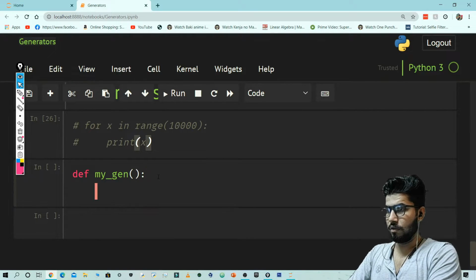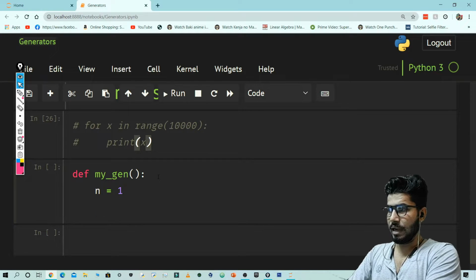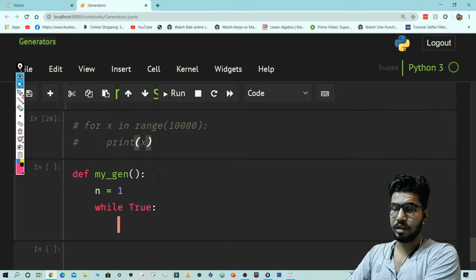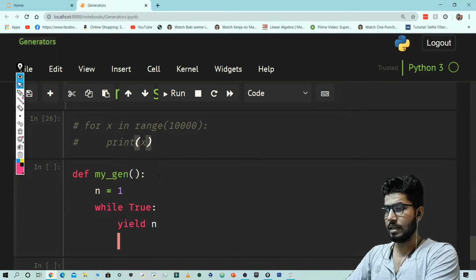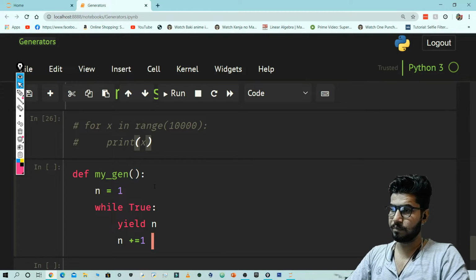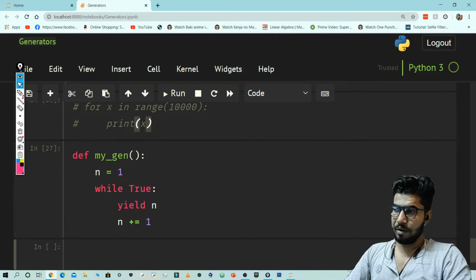I'm going to give n equal to 1, and make a while loop, and I'm going to use the keyword yield, yield n. I will explain the workflow of this program, and then I will do n plus equal to 1. Now we have created our generator function.